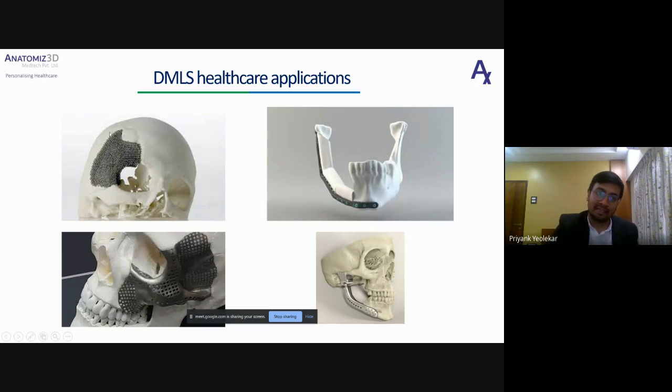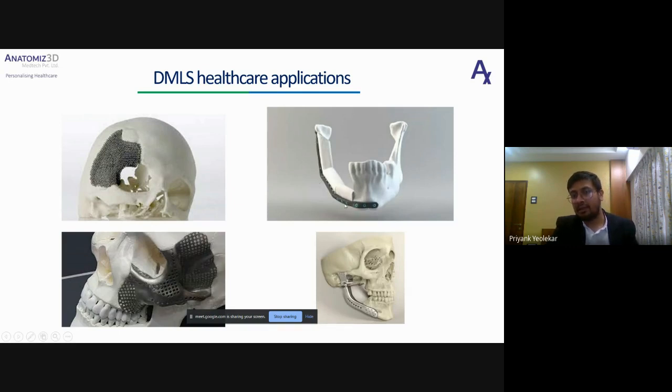Again, this entire implant is made in a lattice structure. But what you can also do is make some parts lattice wherever required, and other parts can be rigid, or can have holes, so that again the weight is reduced. You can also have osseointegration, and you also get the patient-specific anatomy there. So this is how it helps nowadays in the healthcare sector.